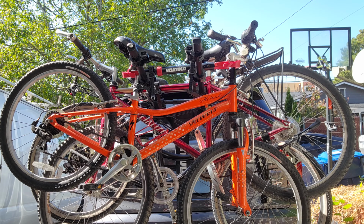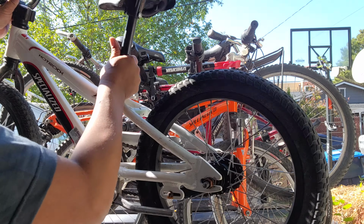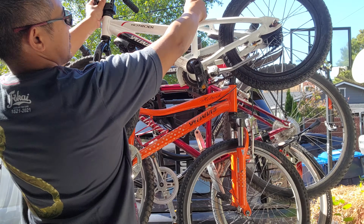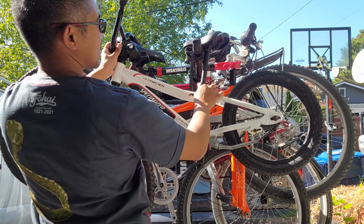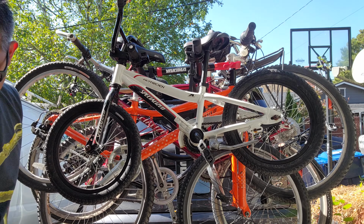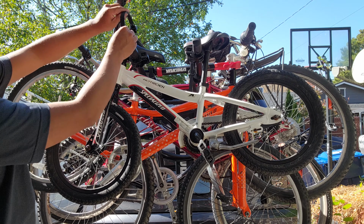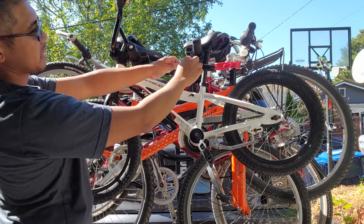And the last fourth bike is the kids bike, which really doesn't fit. You're gonna have to find a way to lock the kids bike into place. It's just too small. I find this way the best, just because the straps don't fit here, doesn't reach, but I can lock it